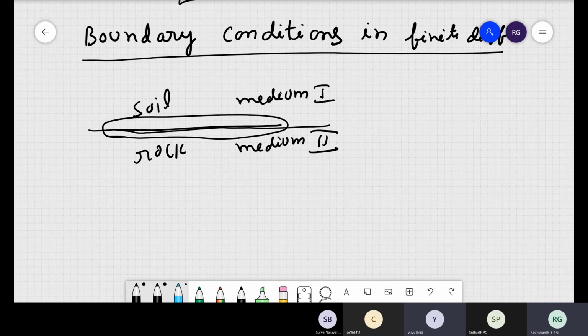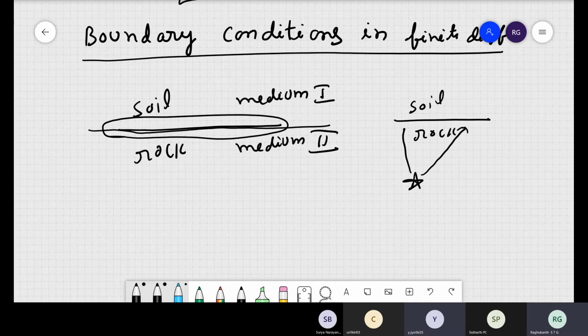Generally, how do you write the boundary conditions? You know, like this. There is no force acting, there is nothing acting. Or for example, I will write like this. You have one material here, then you have another material here. Here there is a force acting inside the rock medium. So now these waves will pass into the soil medium also. Now what is the boundary condition at this junction? What should be continuous?